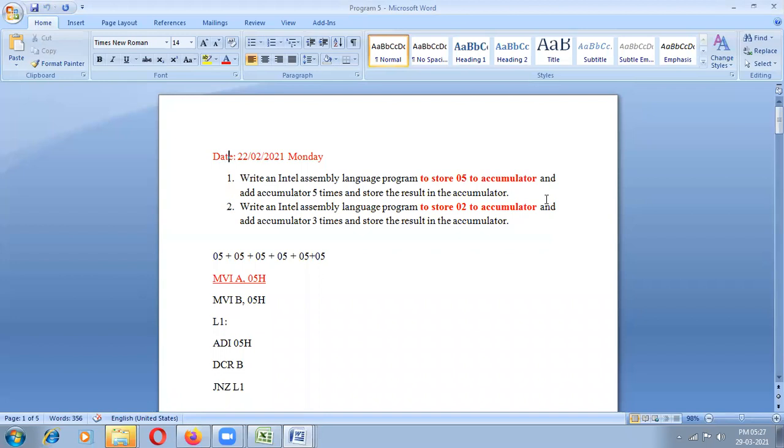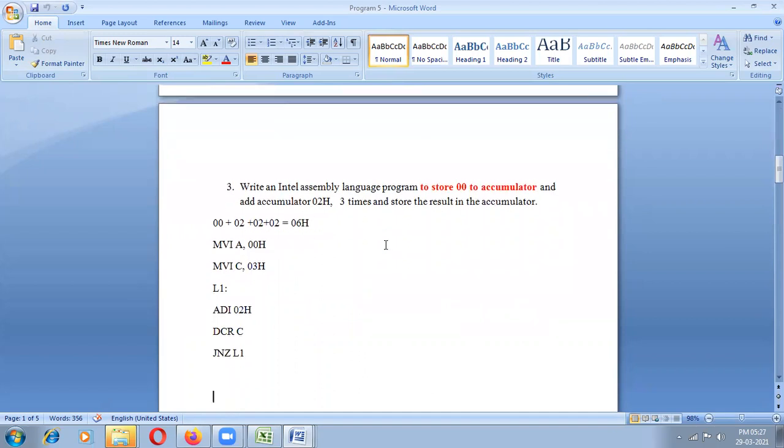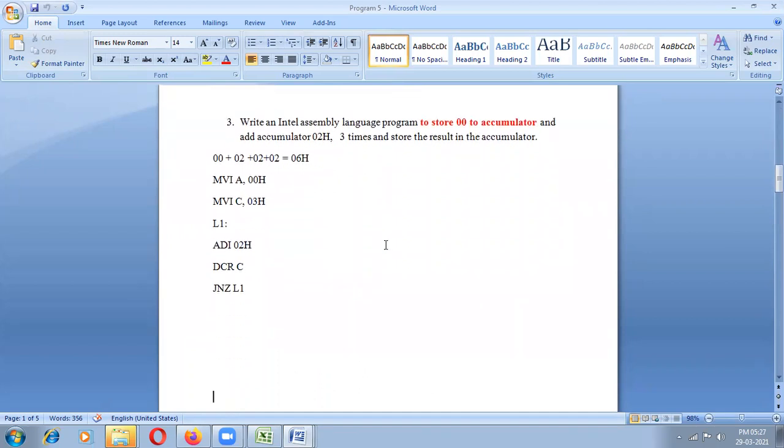Program 5: write assembly language program to store 05 to accumulator and add accumulator 5 times. Already we put this program, that also I teach again. Then write Intel assembly language program to add 02 three times and store the result in accumulator.